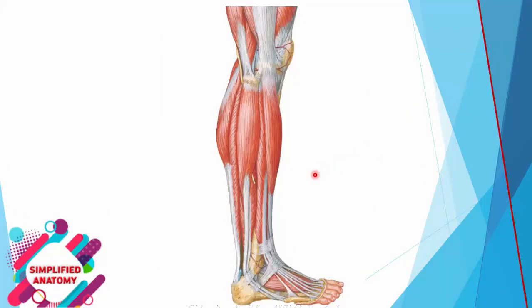The next diagram showing lateral view of the leg. The long muscle in the lateral view is called peroneus longus. A short muscle called peroneus brevis. They pass behind the lateral malleolus under the peroneal retinaculum. This muscle laterally is called biceps femoris and this tract is called iliotibial tract. These two retinacula are peroneal retinacula, superior and inferior peroneal retinaculum.